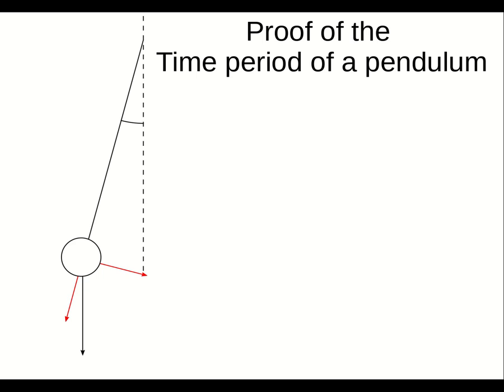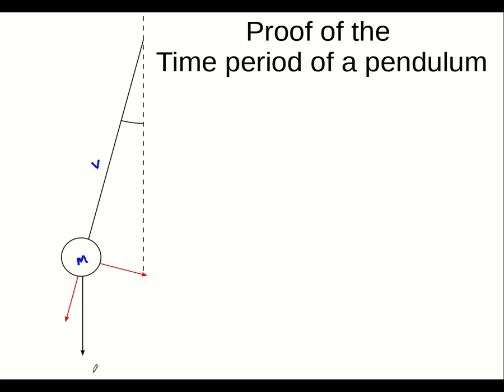In this short video I plan to prove to you the equation that you're going to use for the time period of a pendulum. There's a few assumptions we make in this which you need to be aware of, so I'll point those out when we get to them. So we'll call the length of the pendulum L, the mass of the bob on the end of the pendulum